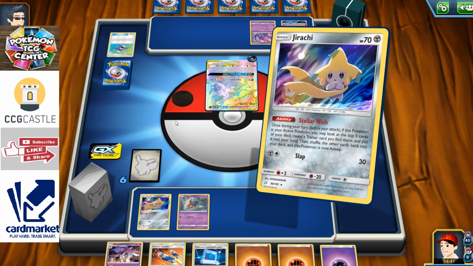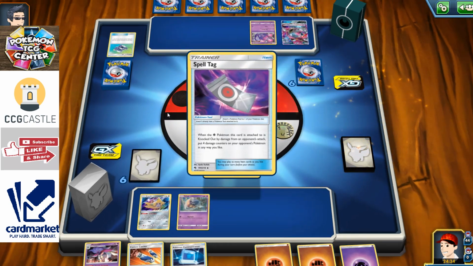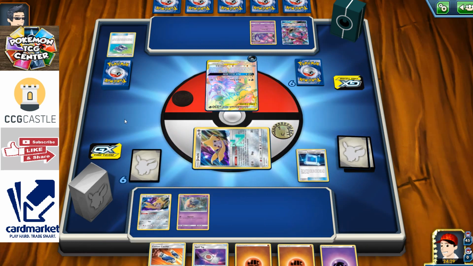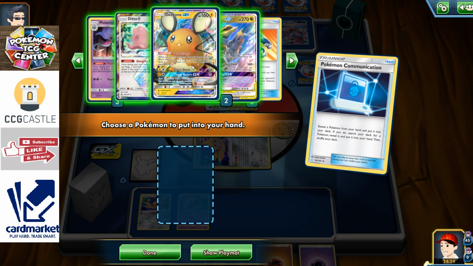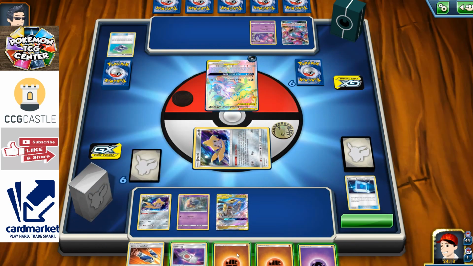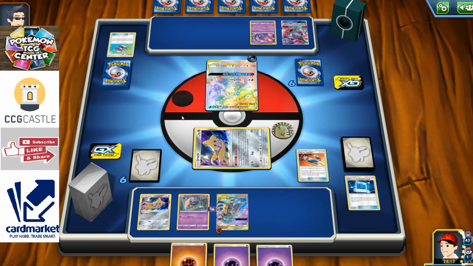Let me see what I can find first with the Stellar Wish. Maybe I can draw something useful, or maybe I can't. So just a spell tag. One thing is for sure, if I discard 2 fighting energies, that's gonna cost me a lot of resources. So I think for now I'm just gonna grab myself a Giratina so I can add energy to it, pretty much attach the spell tag and go with the custom catcher and hope to find...